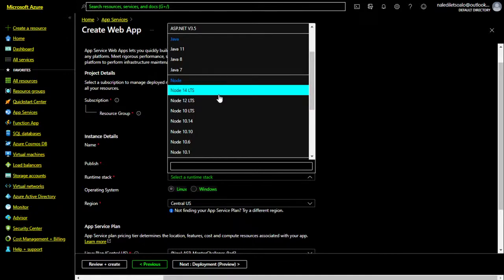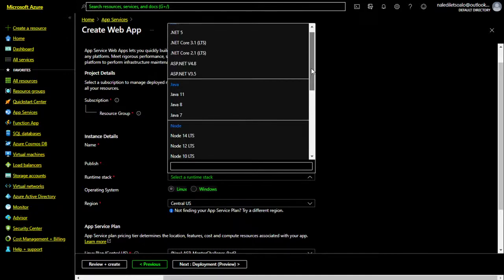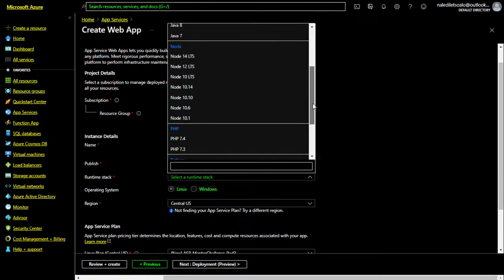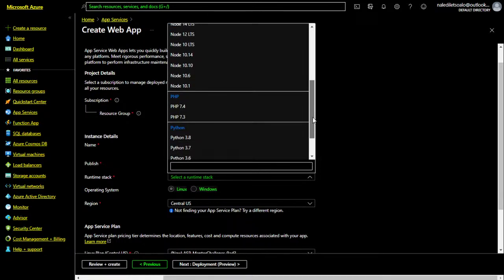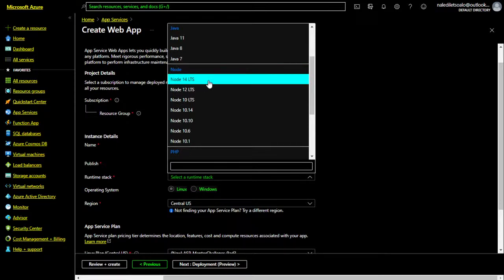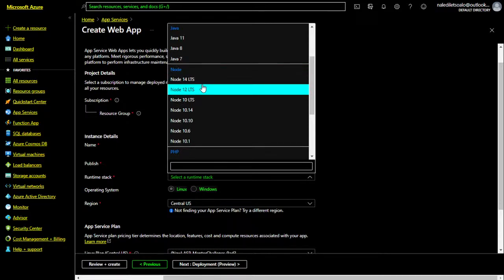All right. Now, this is also very important that I actually explain what some of these small little things are that you see attached over there. So we see Node 14 LTS. What the LTS means is long-term support. That basically means Microsoft is going to support this particular service for quite some time, which is great because it means it won't be discontinued anytime soon.